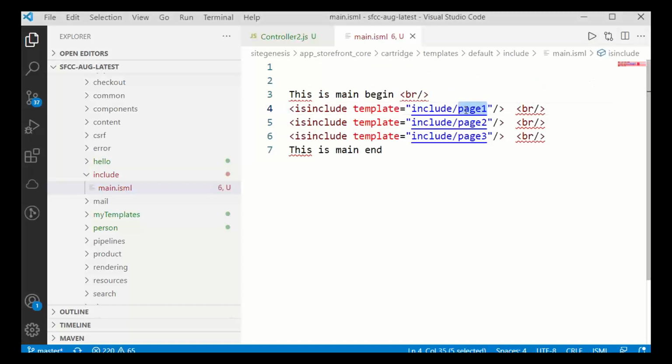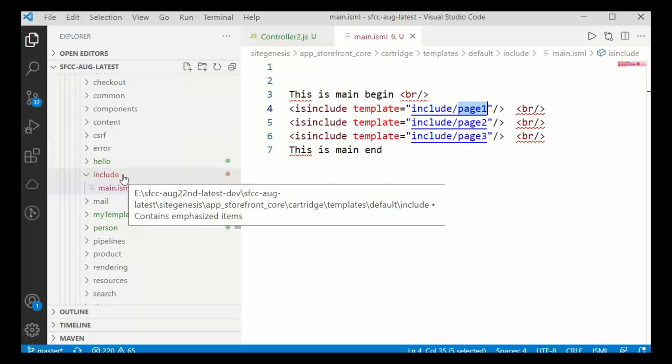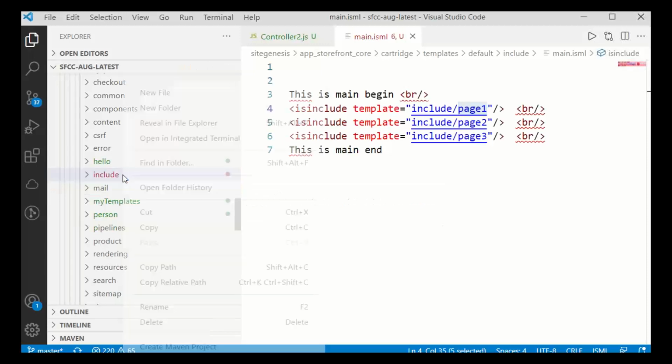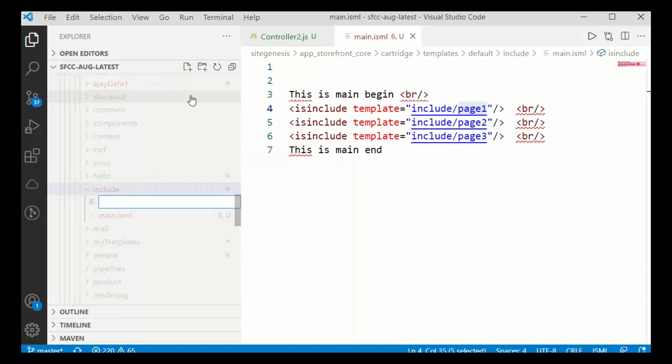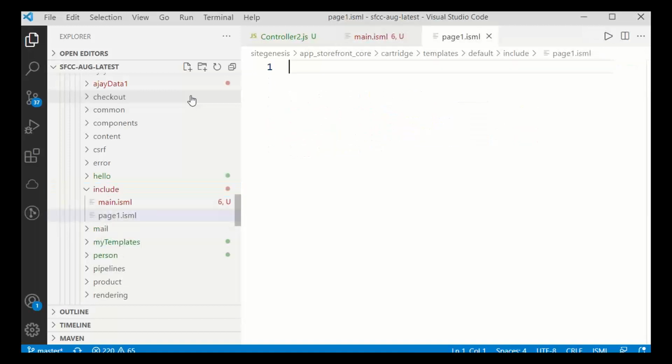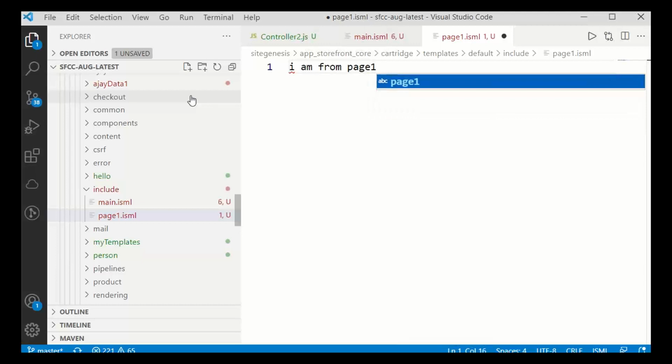Now try developing page 1, page 2, page 3 inside the include folder itself. Page1.isml: I'm from page 1.